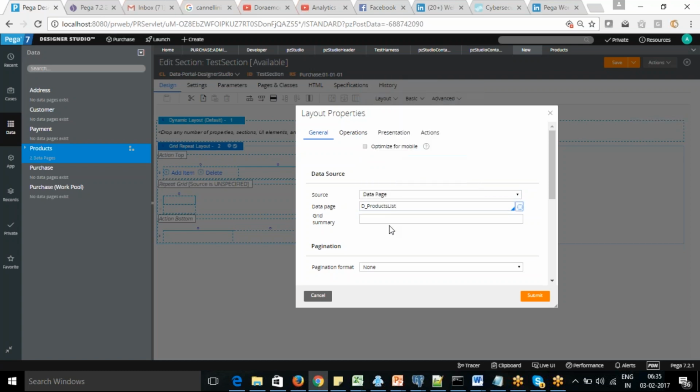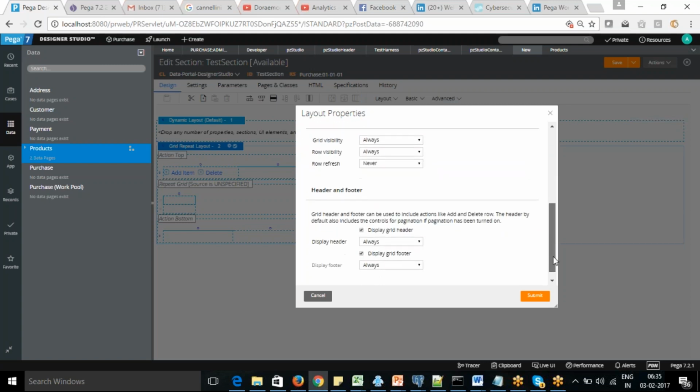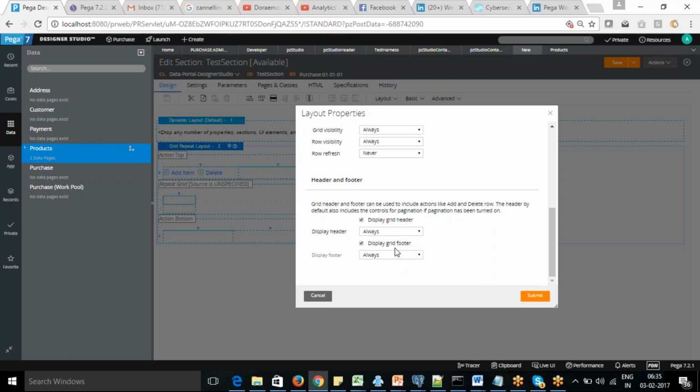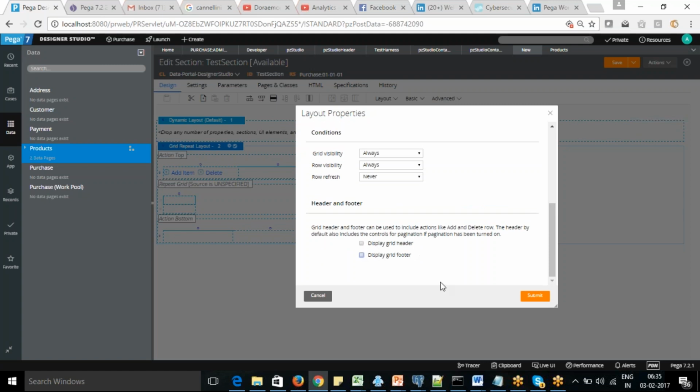Yeah, D underscore product list. Okay. And if you want to do pagination, you can go with the pagination. And this is the header footer. If I remove that, the add delete item and the below one will not be displayed.